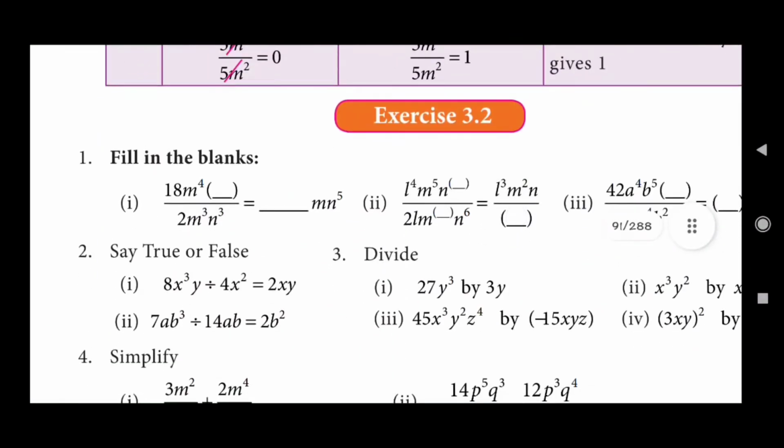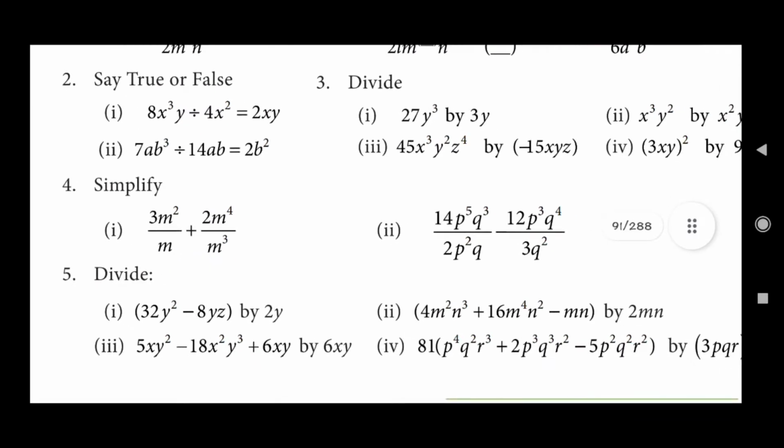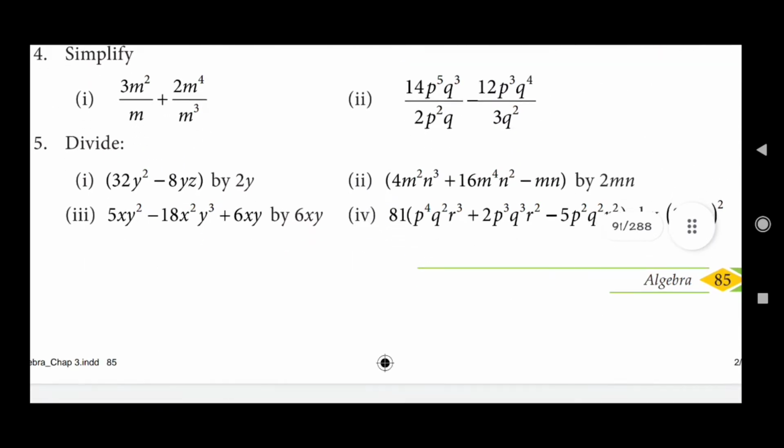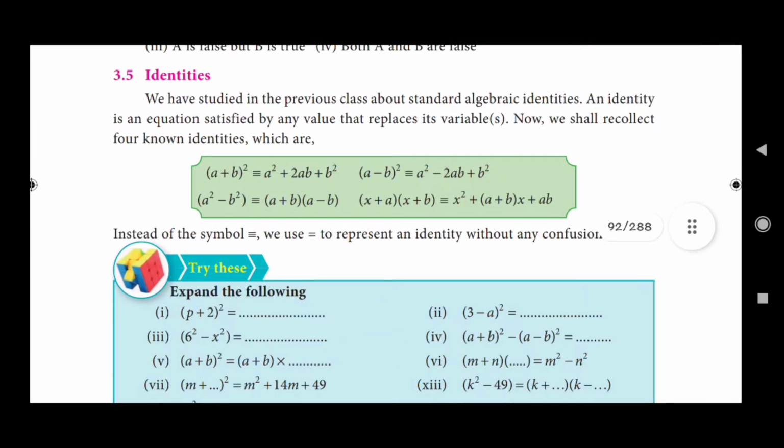Now in exercise 3.2, if you see, simplify 3m square by m plus 2m power 4 by m cube. Understand? So if you solve, you can cancel or you can subtract. So 3m square by m means 3m power 2 minus 1. Here power 1 is there, so minus 1. I will send the PDF of this exercise, whatever I have, along with this video. So you go through. If you have anything incomplete in your class, you can solve by seeing the PDF